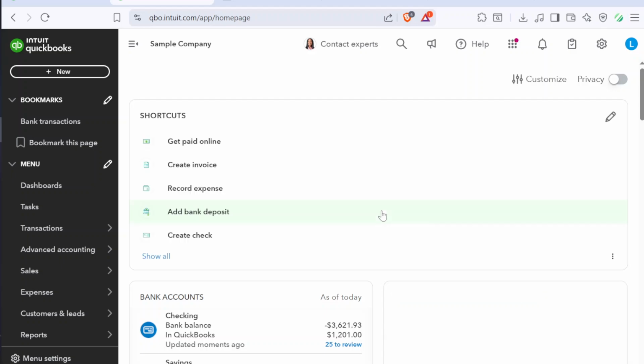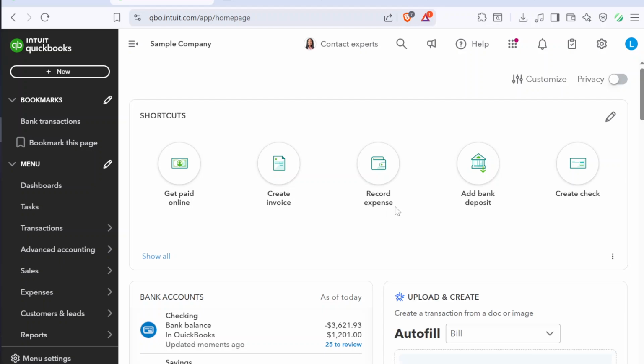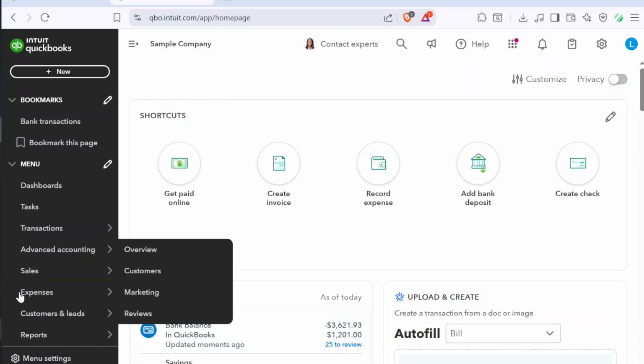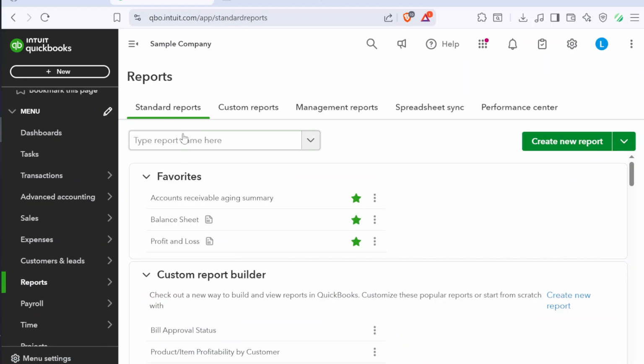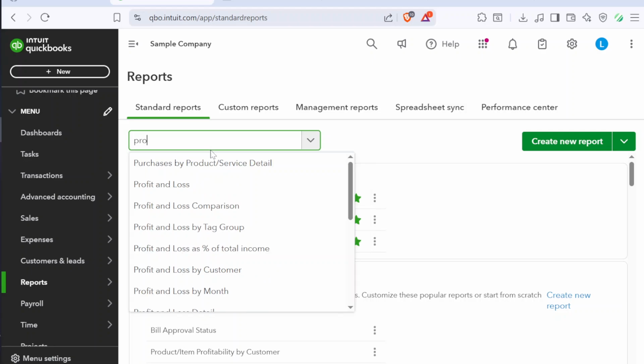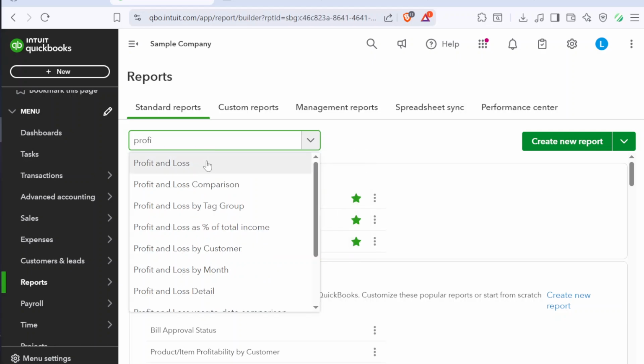Today I'll show you how to create sub-accounts on your profit and loss report using QuickBooks Online to keep your finances organized. First, log into QuickBooks Online and head to the profit and loss report to identify accounts that could use sub-accounts for better clarity. Next,